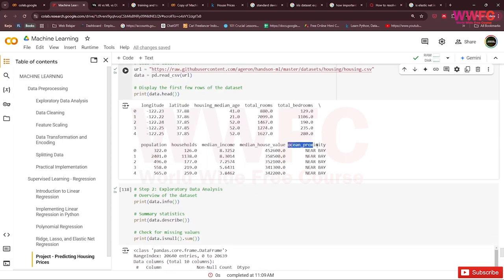We can see that ocean proximity contains values like nearby, right?